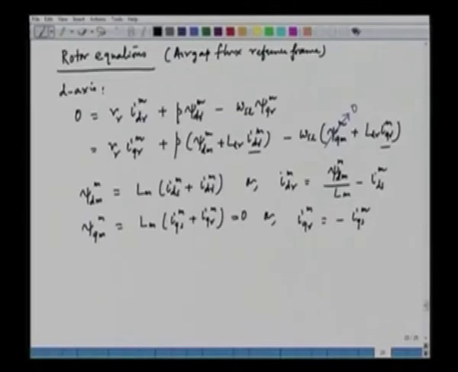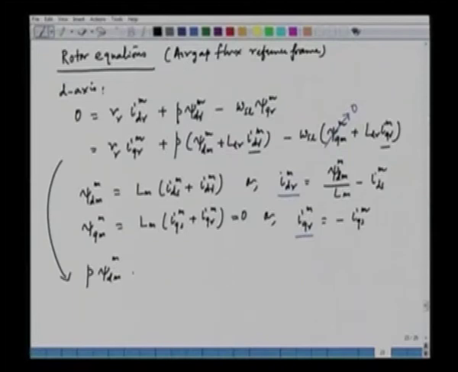So, we have been able to find out the expressions for IDRM and IQRM respectively. We can eliminate these two variables from the d axis equation. If we eliminate these variables and simplify, what we obtain here is the following: